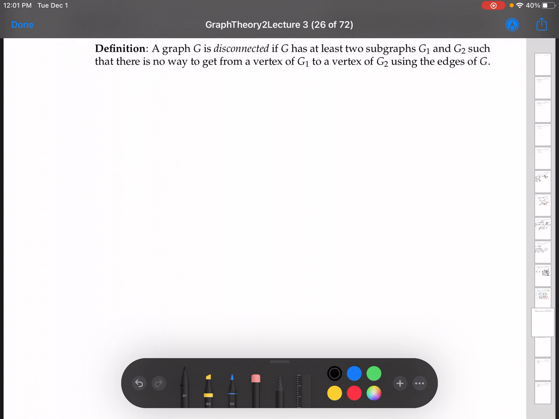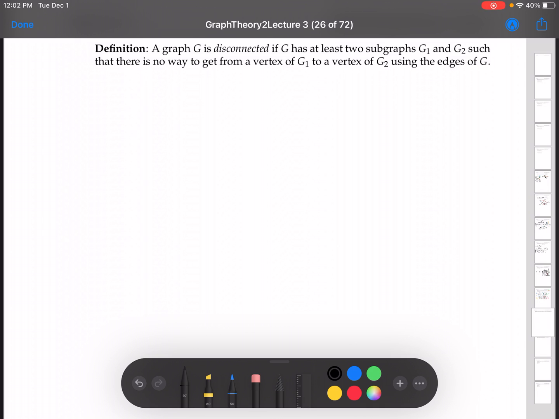But because we can use adjacency matrices, and disconnected is also a very intuitive concept, I'm going to introduce this concept here in graph theory 2. All right, so